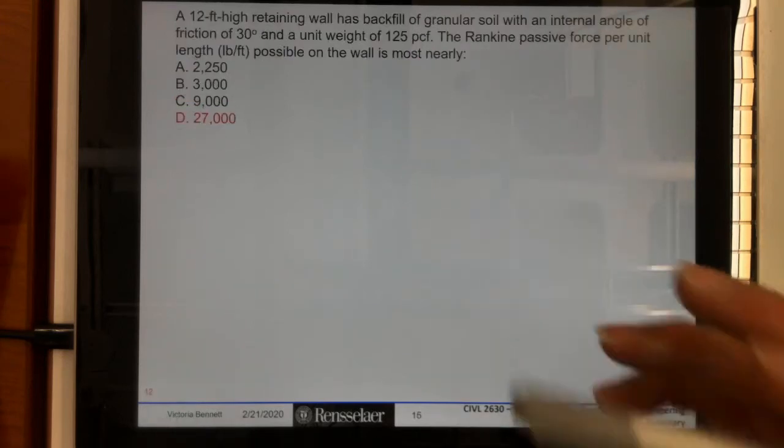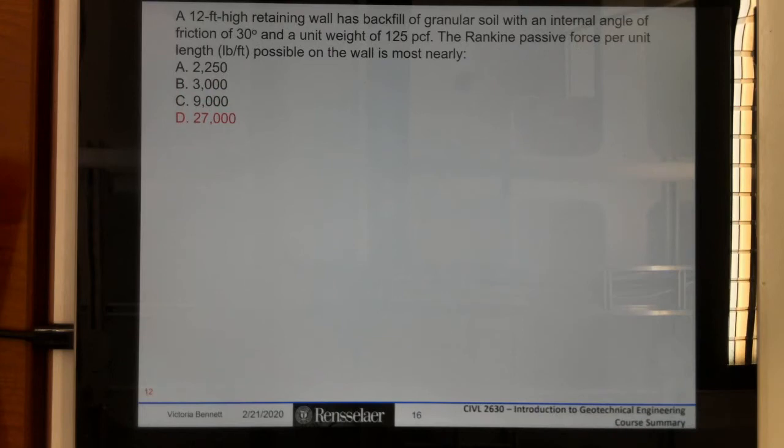This one is about a retaining wall problem. A 12-foot high retaining wall backfilled with granular soils with an angle of internal friction of 30 degrees and a unit weight of 125 pounds per cubic foot. The Rankine passive force per unit length. So again, they're giving you units, pounds force, possible on the wall is most nearly. So this should bring us to